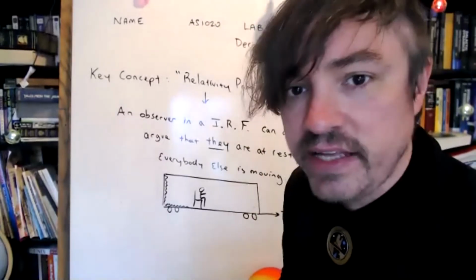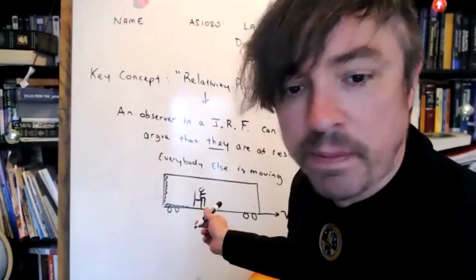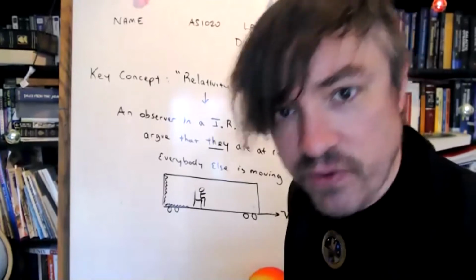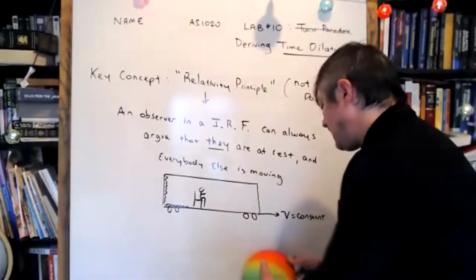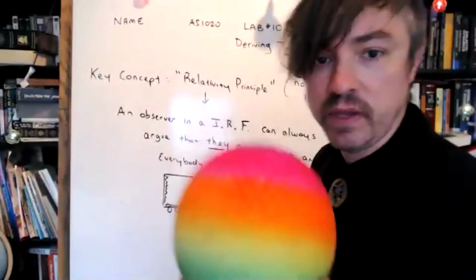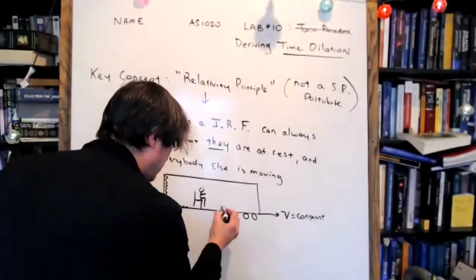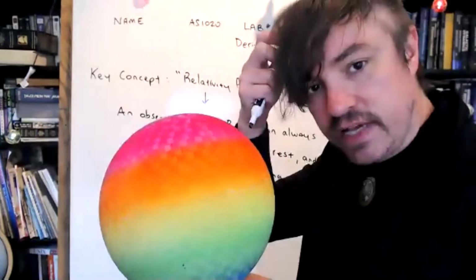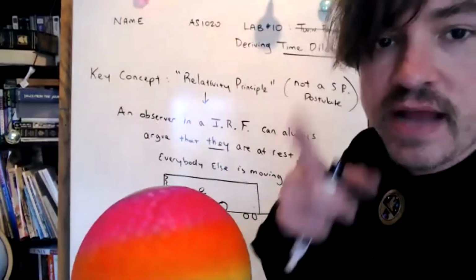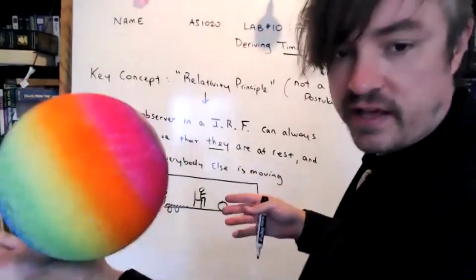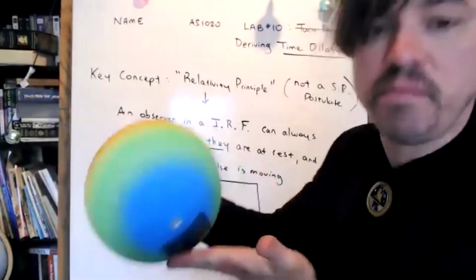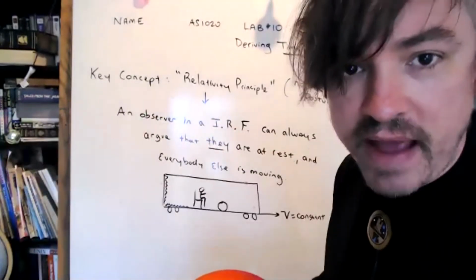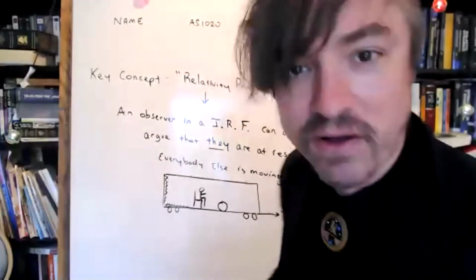In fact, I'd like to argue that it's actually impossible to perform any kind of physics experiment, no matter how complicated, which might be able to prove that you were actually in motion. And one simple idea that I could have is to take Rainbow Ball and to just place Rainbow Ball here on the floor in front of you. And Rainbow Ball and you would sit perfectly still together. That would not be the case if the train car were to suddenly accelerate or to hit the brakes. The ball or the bag of groceries, as you know from driving your own cars, would suddenly slide forward and back, especially in my van where groceries go whipping all across the damn thing.